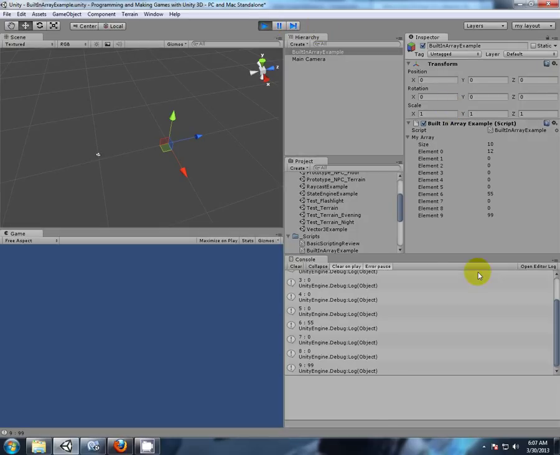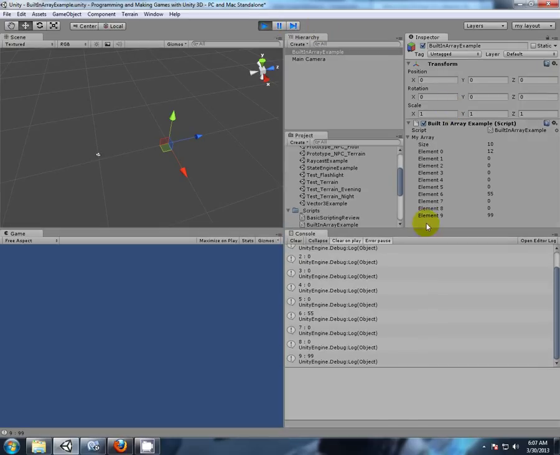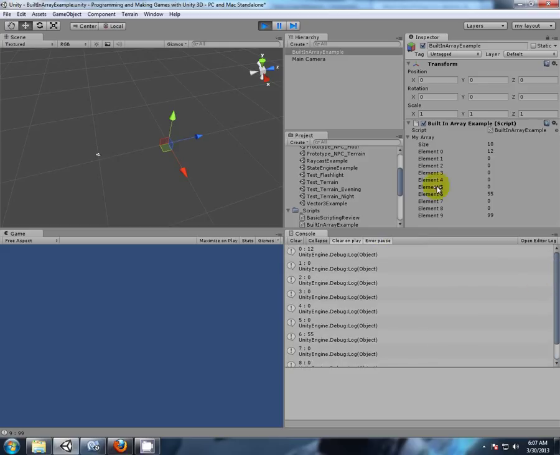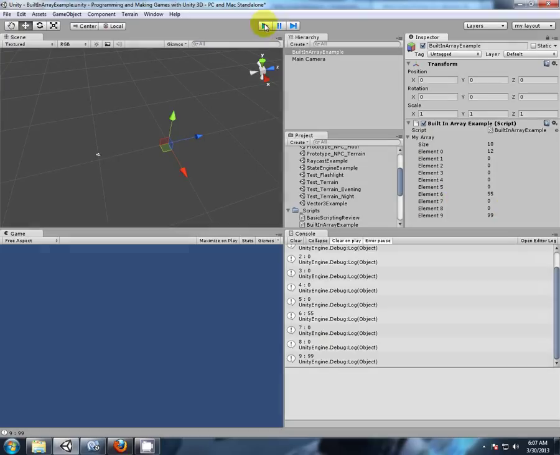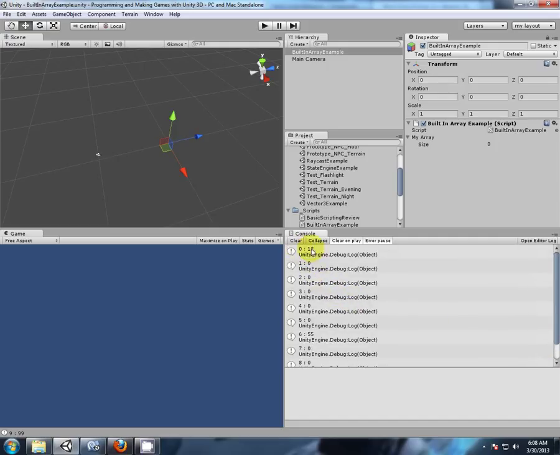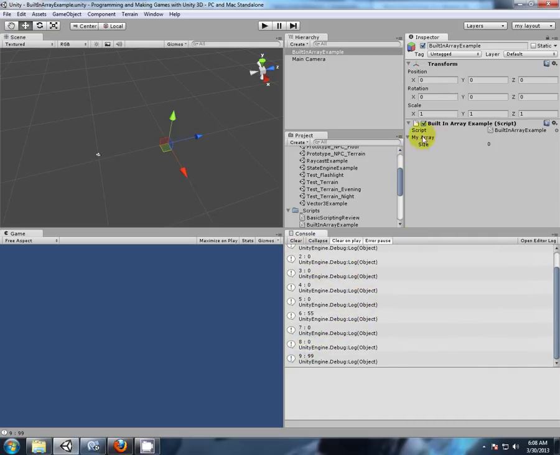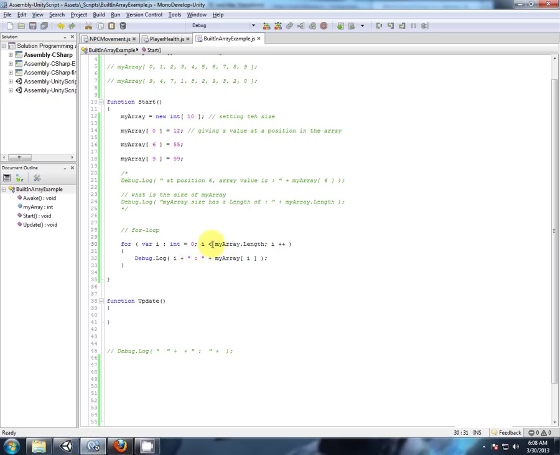Play. Okay, we're seeing the same thing as we have in our inspector there. So at 0 we have 12, at 1 we have 0, on and on, at 6 we have 55, and at 9 we have the value 99. You see that's counting from 0 to 9, because the array position starts at 0. So if I said here, if i was less than or equal to my array length,